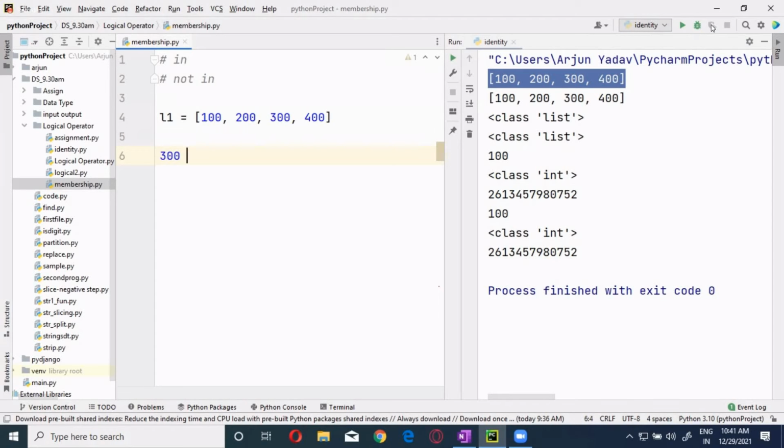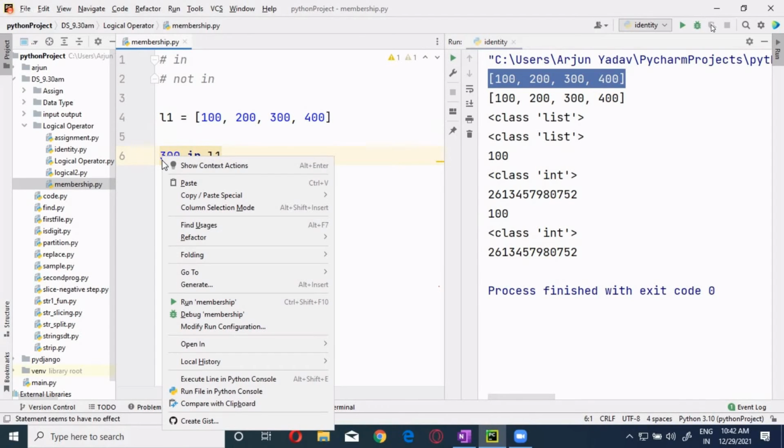300 in L1. Simple, just like if I want to know whether someone is inside the class, you can say that name in the class or not, right? The same way, 300 in L1. L1 is a list I'm using. If it is there, it will give us true. If it is not there, it will give us false.